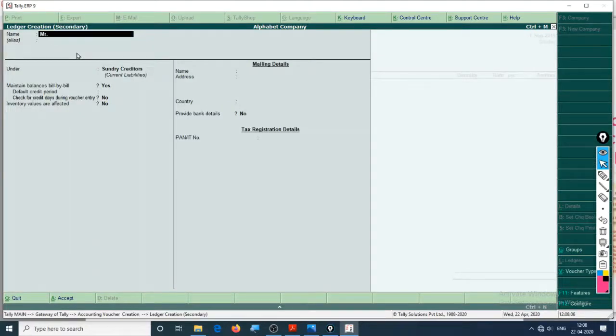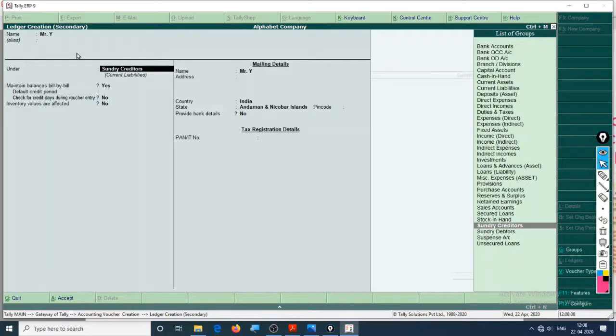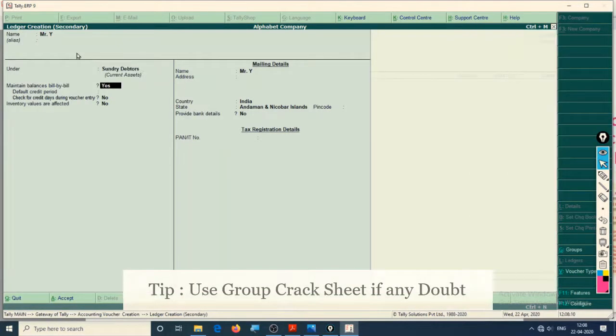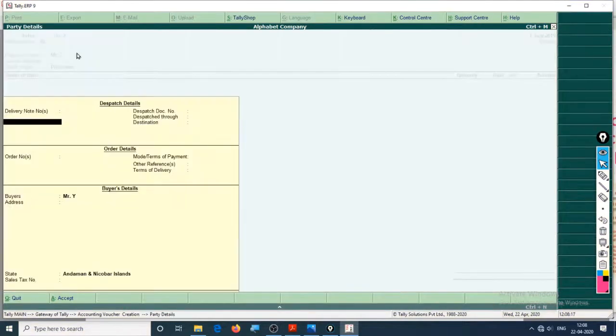Mr. Y is our debtor, so we can name it as sundry debtor. Address of Mr. Y, no, accept. Okay, so it has taken the entry right here, as you can see, Mr. Y, and it asks us further questions, such as delivery note and dispatch document number. If you want to create a real invoice, you can always check an invoice and fill in all these details.